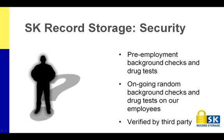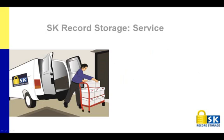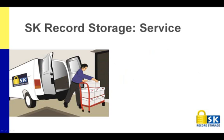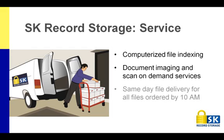Since we began storing our first customer files in 2007, we have taken these critical security steps each and every day. That's why we can boast a perfect security record of over 100,000 files stored, 13,000 files delivered, and 0 customer files compromised. When it comes to service, SK Record Storage offers a number of advantages, including computerized file indexing, document imaging and scan-on-demand services, same-day file delivery for all files ordered by 10 a.m.,